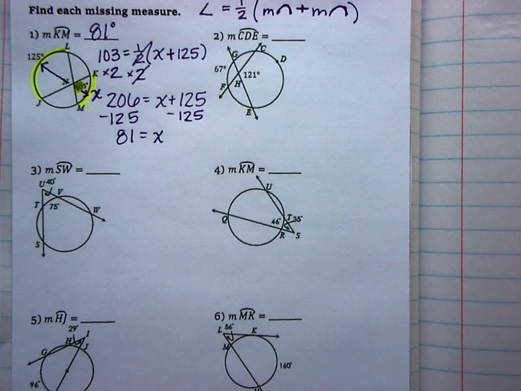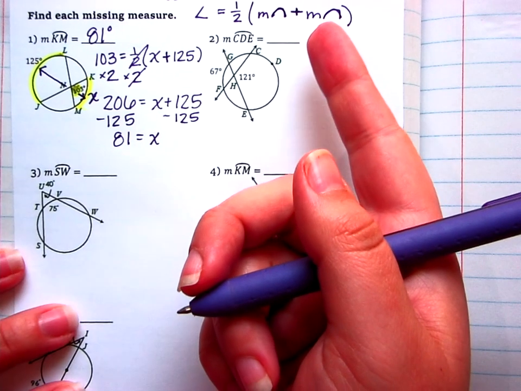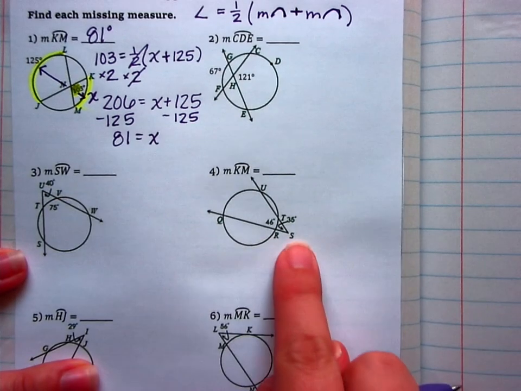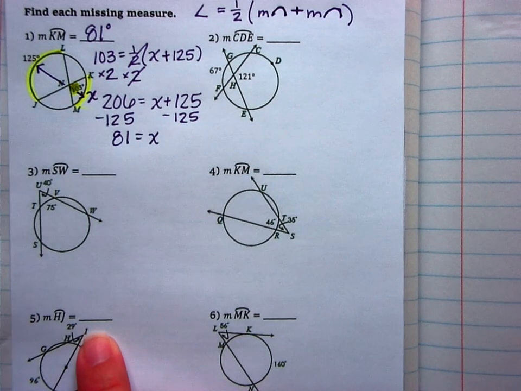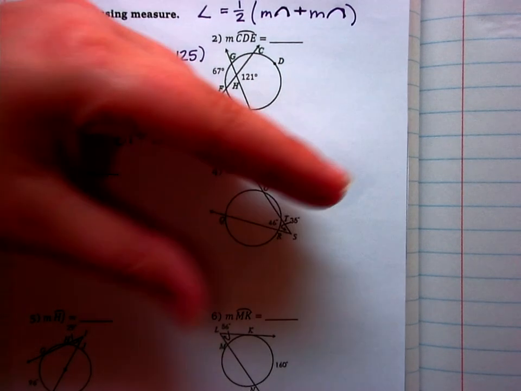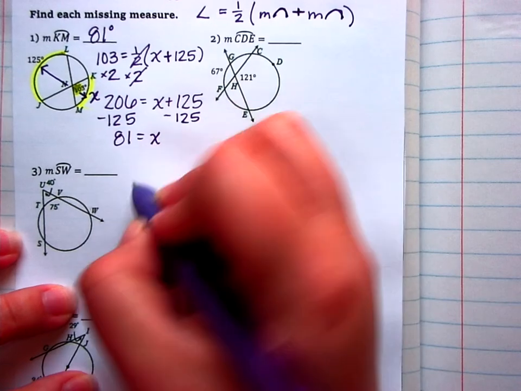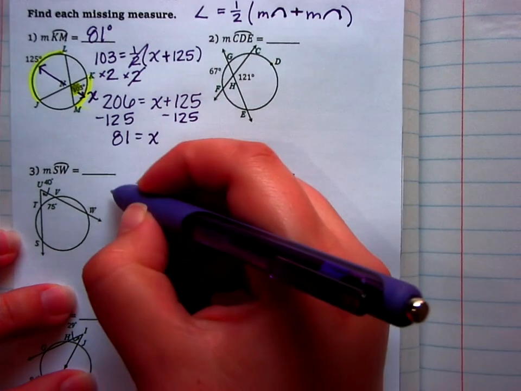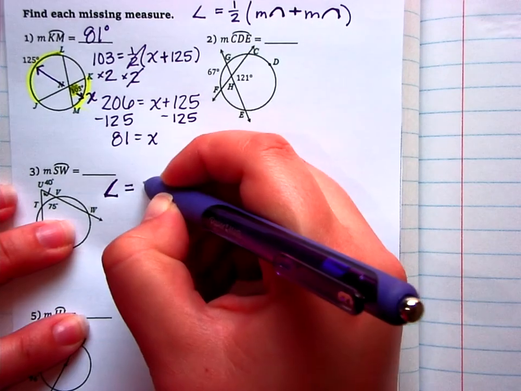Okay, switching it up, 3 through 8. You are now subtracting instead of adding. So remember when you have secants or tangents that intersect outside of the circle, you need to think of subtraction. I think of these as being squished down and it makes a subtraction sign. So now the angle equals half of,